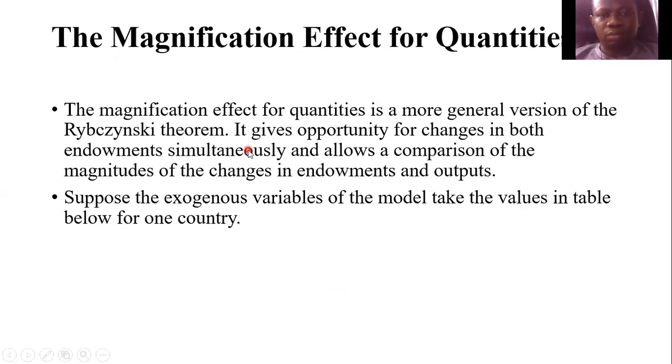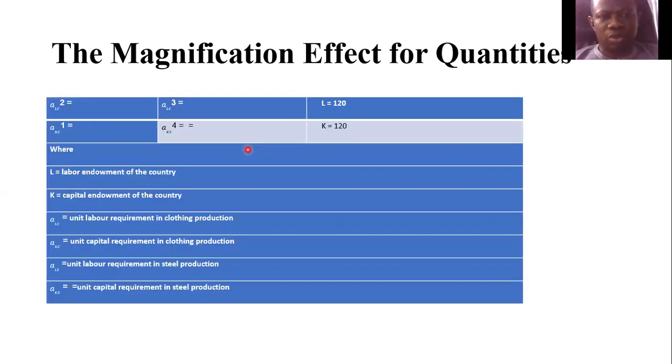And there's just an extension of the Rybczynski theorem, which looks at what happens if there's an increase in the two-factor endowments simultaneously. What's going to happen? What is the likely effect if something like this happens? Increase in the two factor endowments. What is going to happen? And this one we use some mathematical theorem to explain.